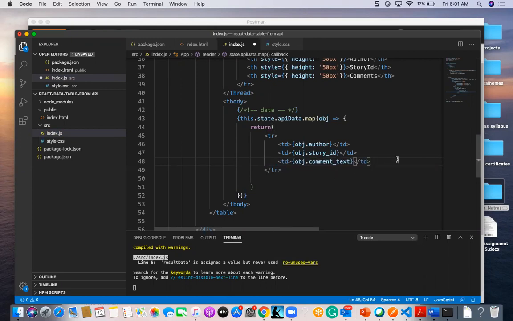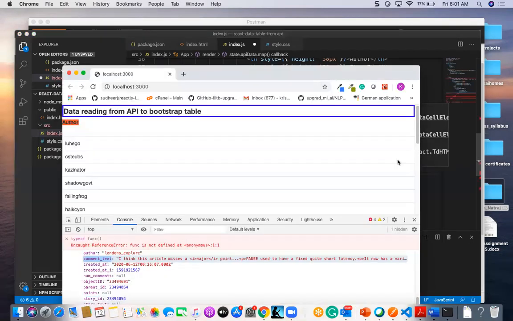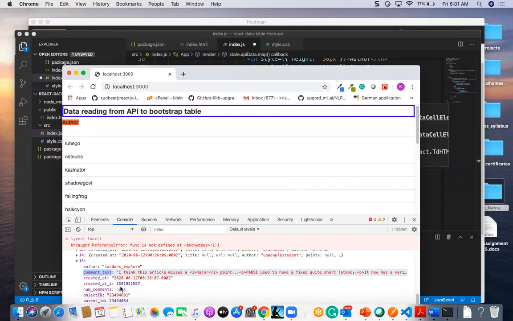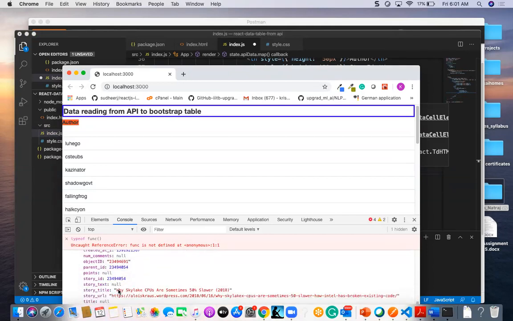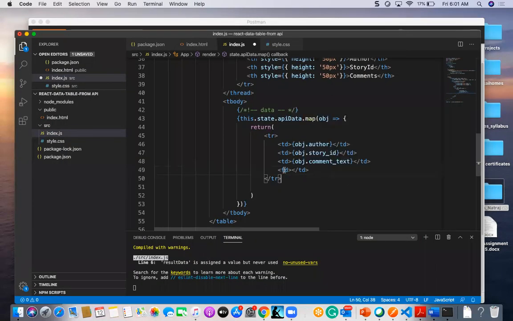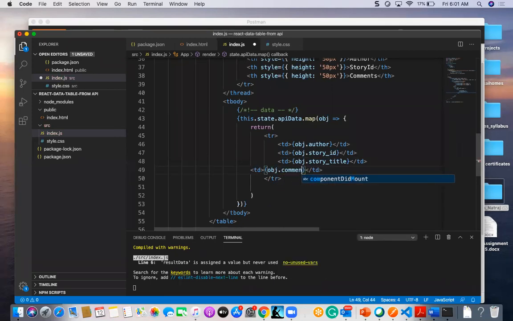And let me take one more thing also from this: comment text, object ID, story title. Give me a story ID and obj.comment_text.